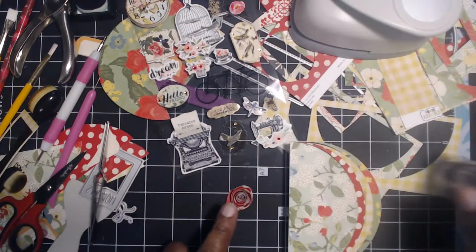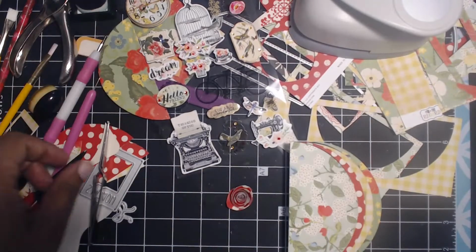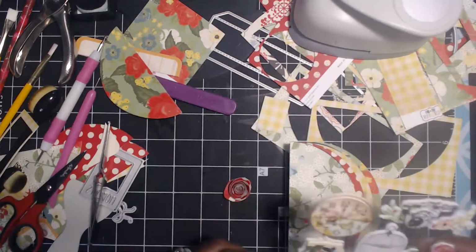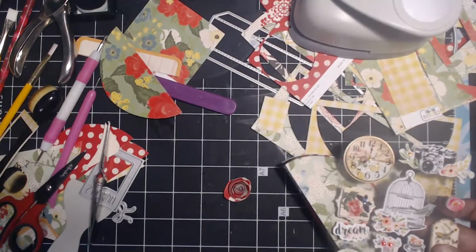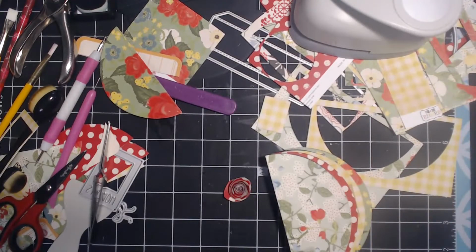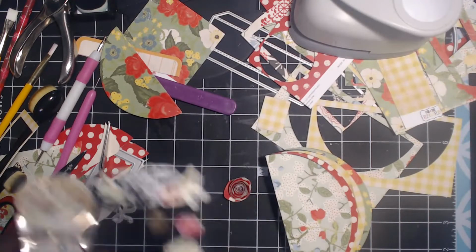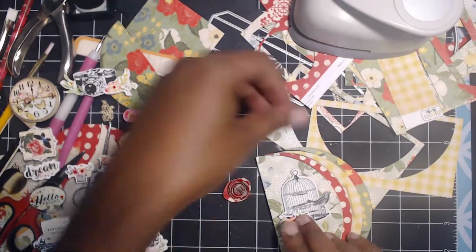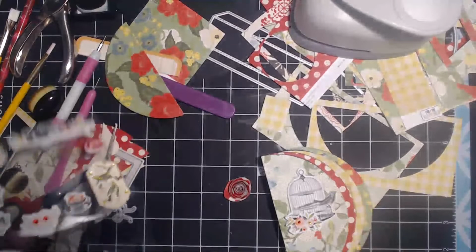Okay, so we got one. I'm not sure if y'all are into that or not. And I think let's do this cute little bird cage right here. And we're going to put